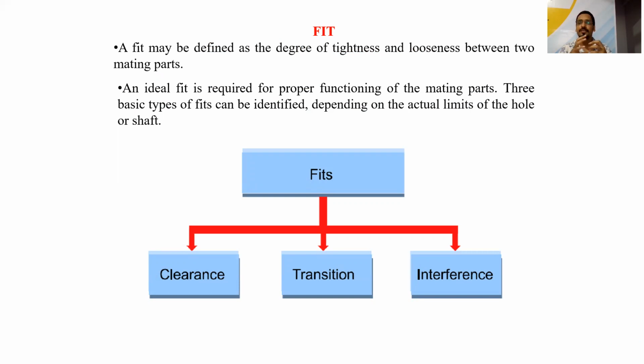So there will be some gap in between the cylinder and the piston dimension, so that the piston can move or do the reciprocating motion inside the cylinder. So this is the need of piston and cylinder. So this is the typical example of fit.